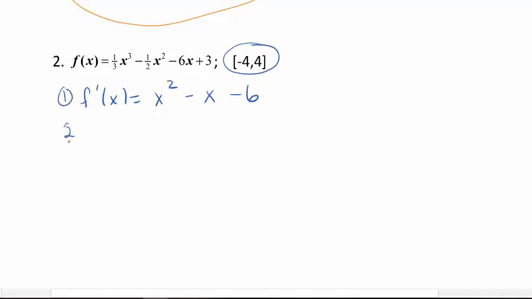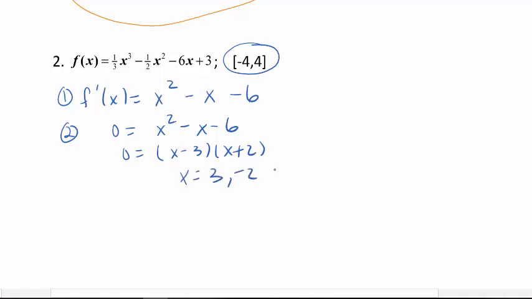So that's step 1. Step 2, find my critical numbers, set it equal to 0. There's nowhere that it doesn't exist. So I'm going to factor. So my critical numbers are 3 and negative 2. Both of these fall inside my interval that I have. So remember, again, step 3, we're going to now take, and I tend to like to do it in order, so I start with the smallest,